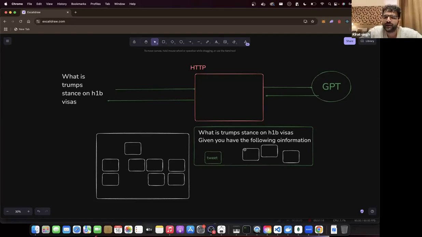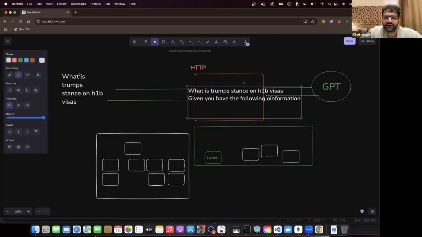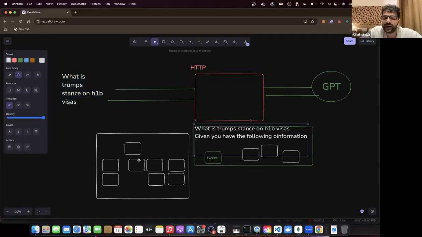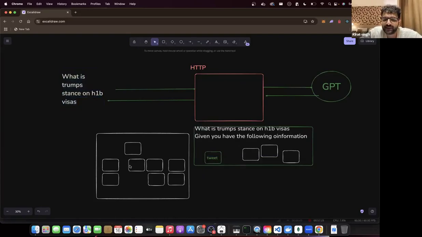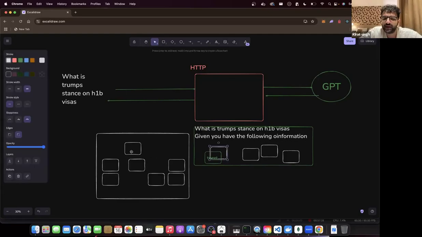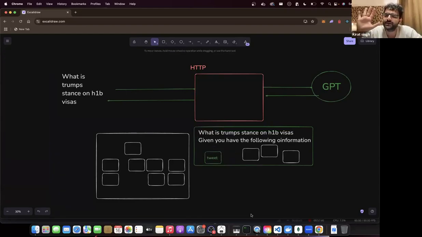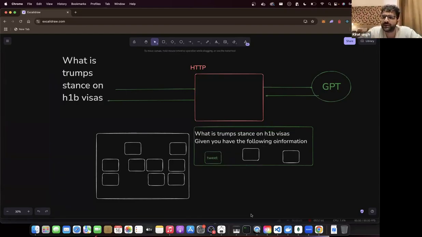Question is, how do you find the relevant tweets? Given this statement, how do you find कि इतने सारे database में जो entries हैं, in all of these links, what is the most relevant link that I need to forward to GPT? How do I know कि ये है और ये है relevant, ये relevant नहीं है? How do I find the top 5 most relevant tweets or links or whatever knowledge base items given the question statement? Does anyone know the answer in chat?